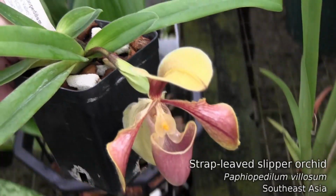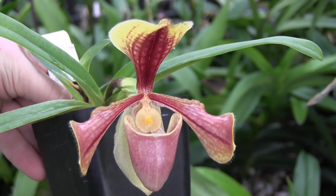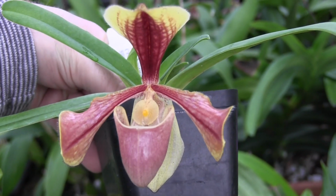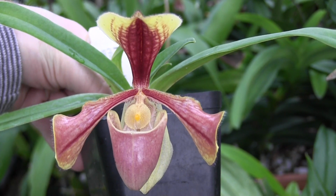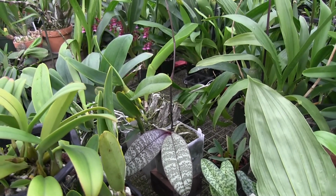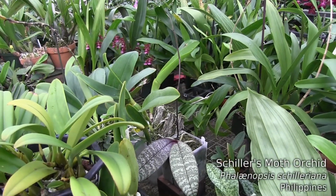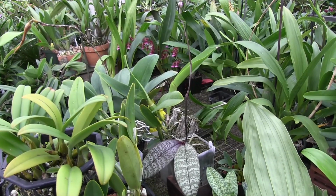Paphiopedilum velutinum has been in bloom for well over a month, and it looks like it's nearing the end of its life, but it's had a really nice little bloom, and I just love that shape and how shiny it is. This is Phalaenopsis schilleriana, and it took a while for that spike to get going,